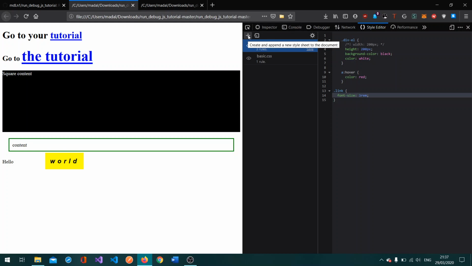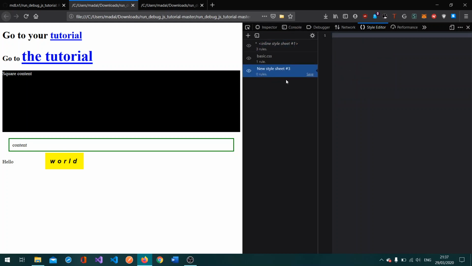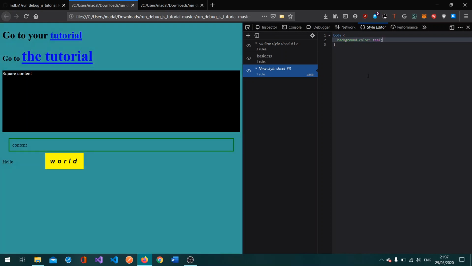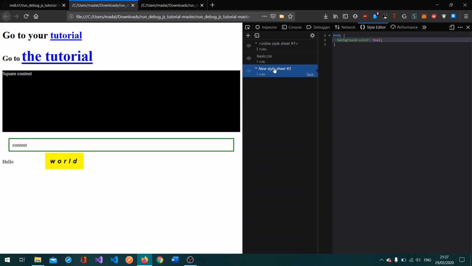You can also add new rules. For example, I can create a new style sheet, and I'll actually change the background color of the body. I'll make it teal, and as you can see, those changes took place. I'm not gonna keep this, so I'm just gonna hide this styling. Okay, I'm gonna go back to the inspector tab,